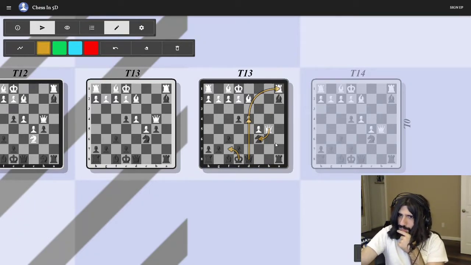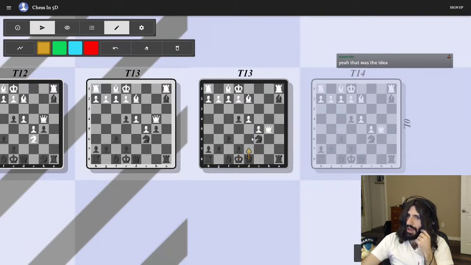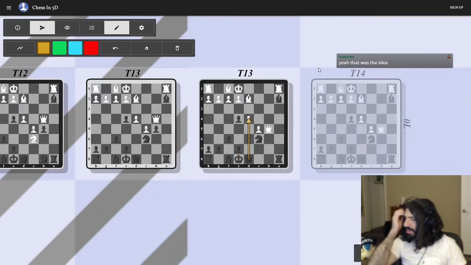You've got this bishop here is annoying. This princess is no longer staring down. If it takes, you've got the rook here. So this is like a lethal combination. I think princess captures here is the clear...